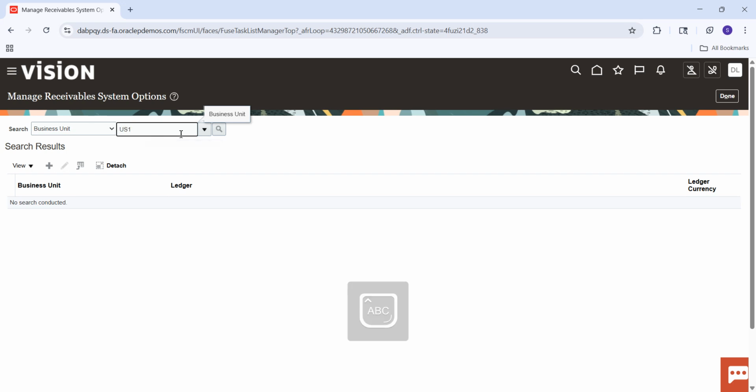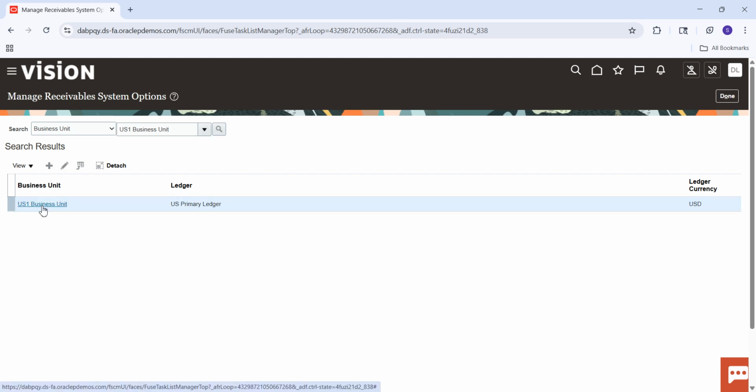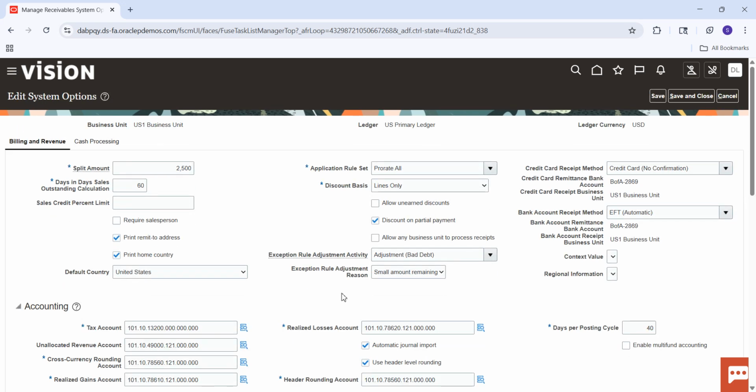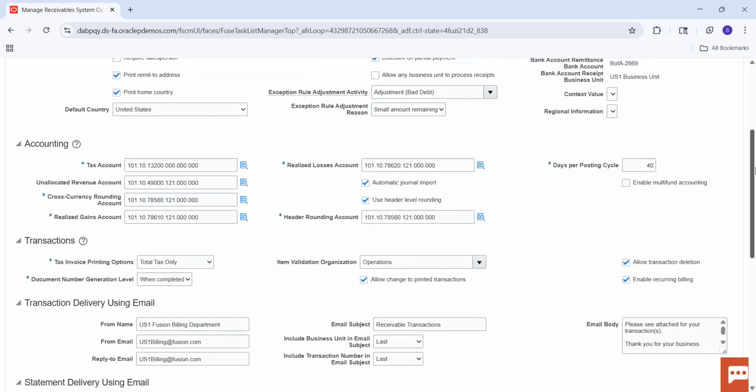Let us search with US1 business unit. Click on US1 business unit. So here under the accounting section, we have enable multi-fund accounting. This is the feature where we enable the multi-fund feature at BU level. So if we click on it,